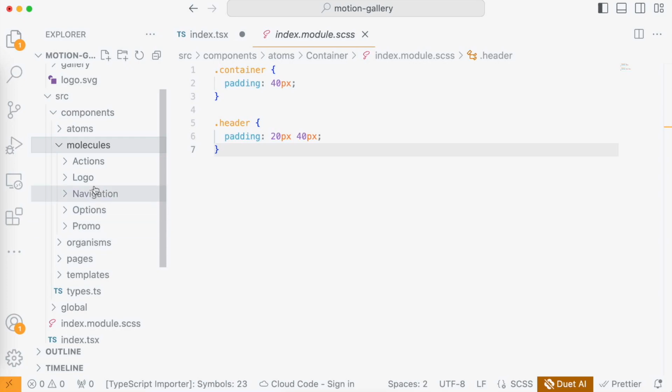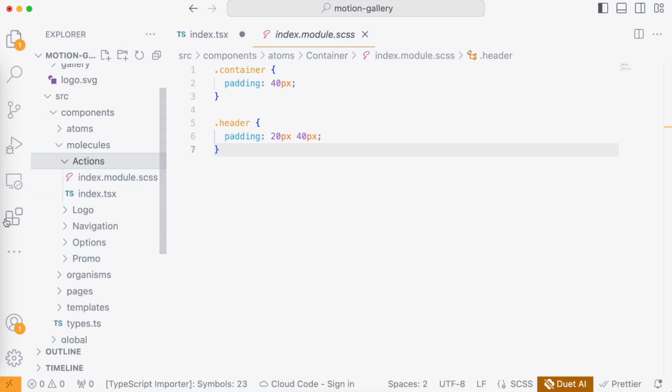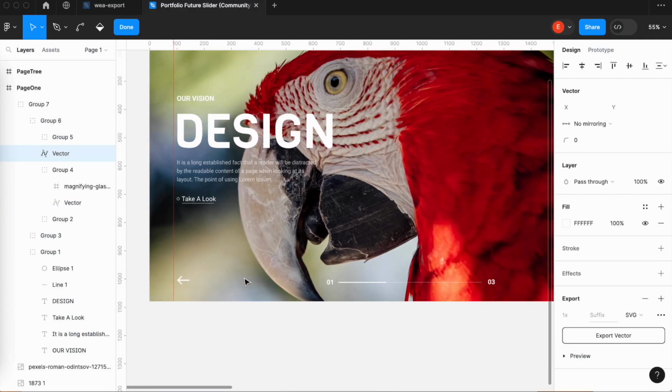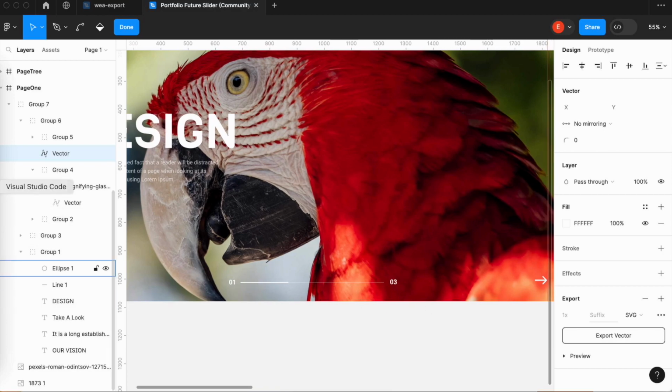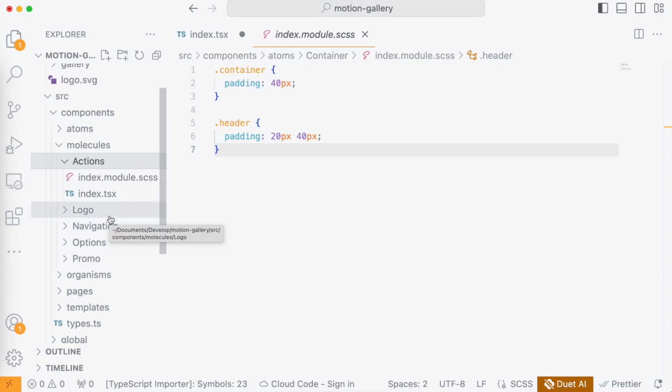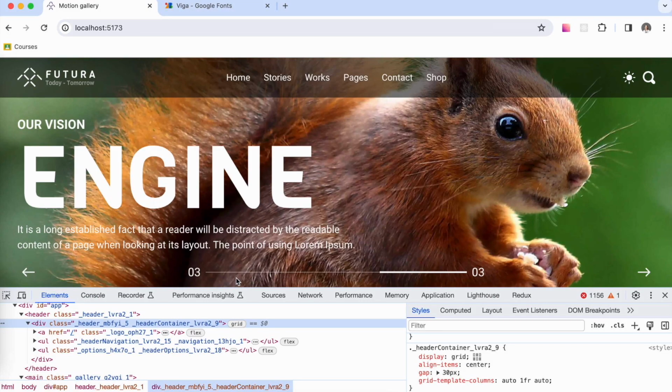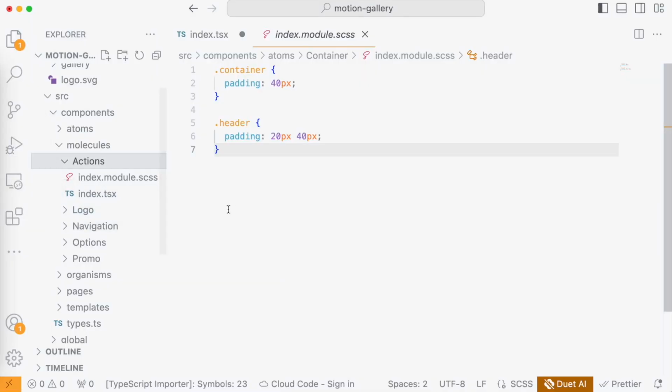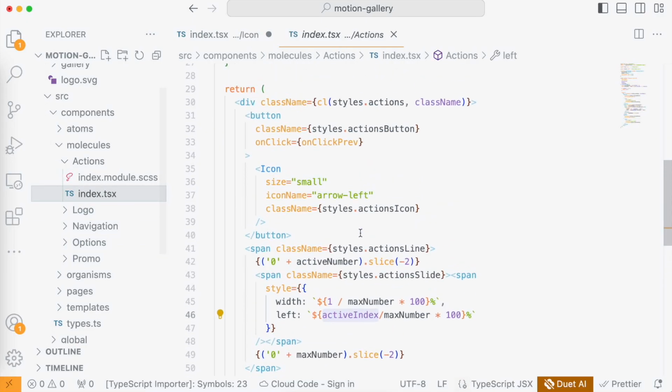And we can go through all of them. For example, if we pick actions, it's this thing with navigation. We need to make it dynamic. So for example, we can use it in this gallery, in any other gallery. For example, we have 100 galleries on one page, the same, yeah? Of course, you always see this. But anyway, we should think in a scalable way when programming, and because of it, when we create